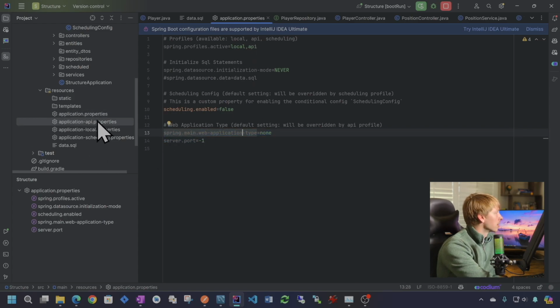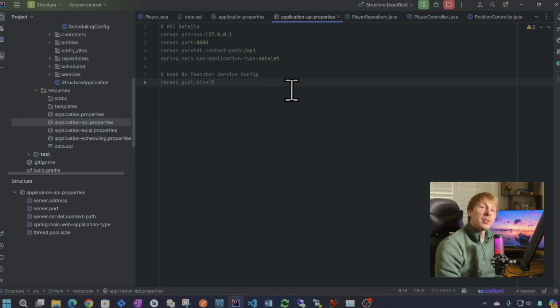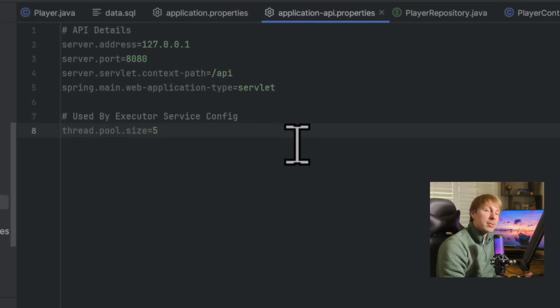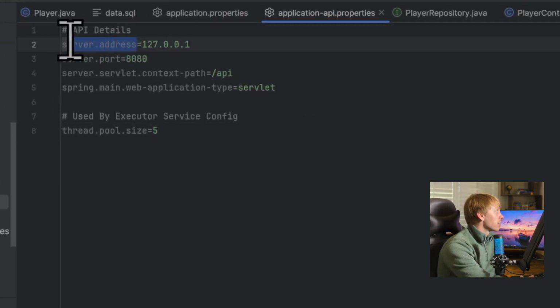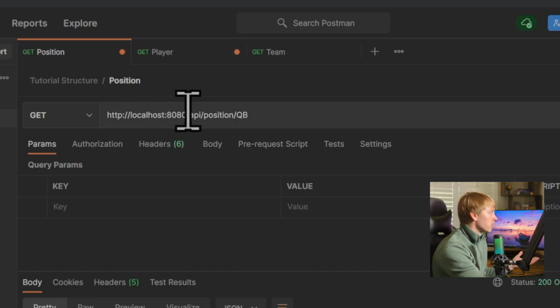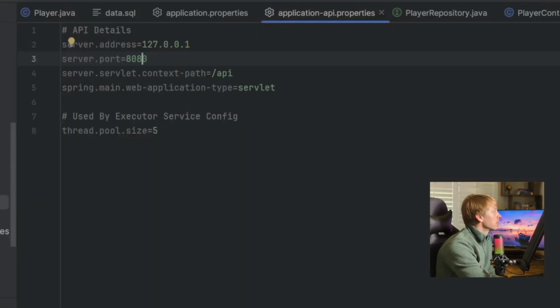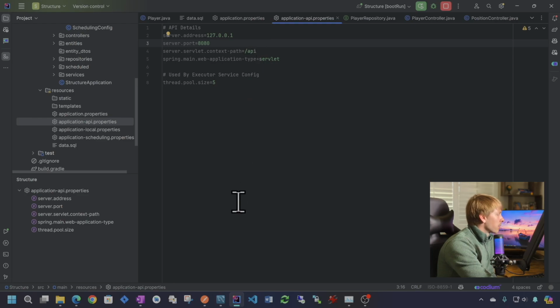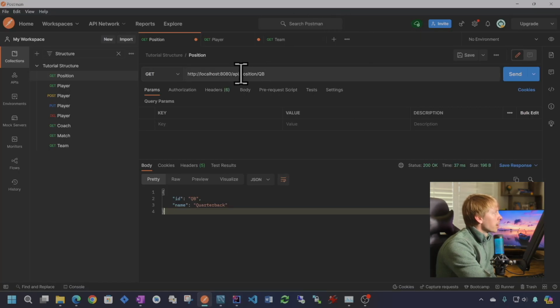Let's jump right into the API settings. Here we're going to define how our API is going to run. I have it defined as just running on my localhost and only listening to localhost connections at port 8080. That's why I've been connecting to localhost 8080 in Postman. That's where the application is listening, as well as a context path of /api. So that's why I also specify /api and then the GET mapping and then whatever other endpoint I have